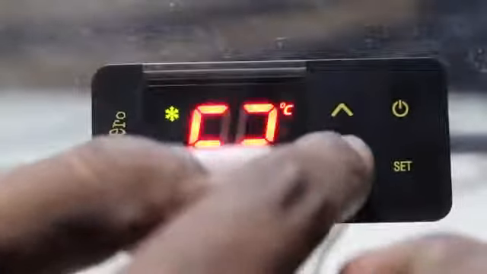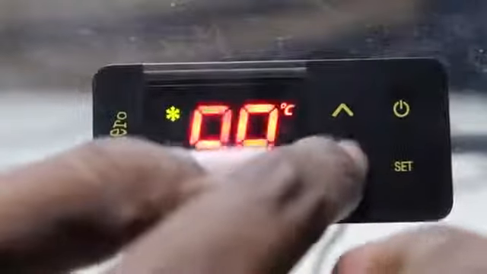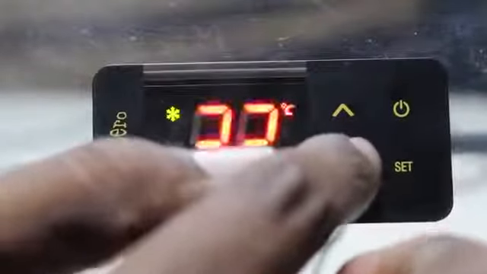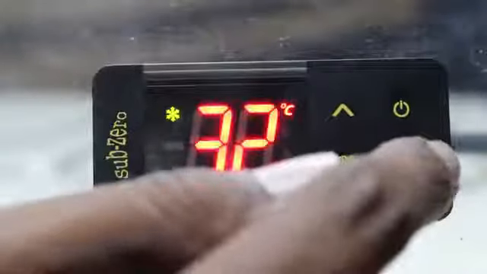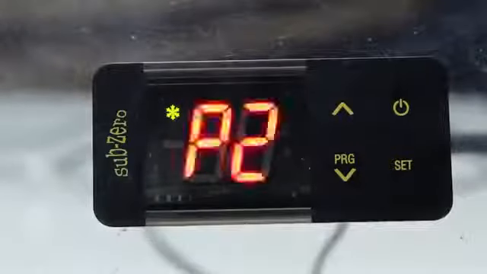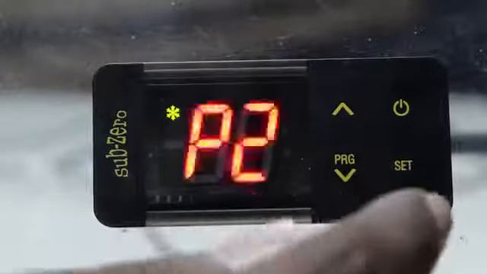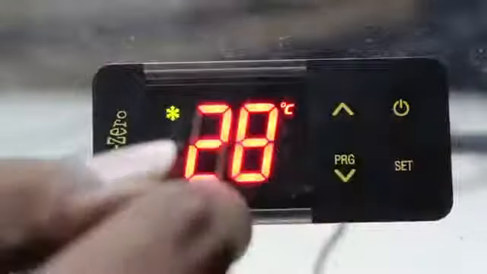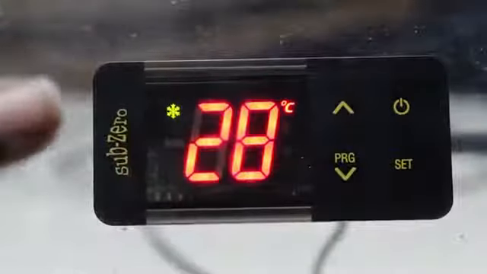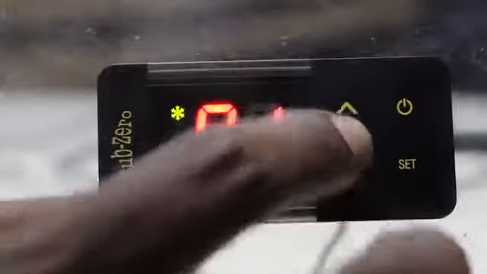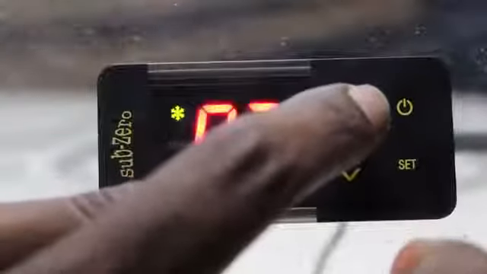Whenever we set this to 32 degrees Celsius, and our temperature sensor senses a temperature beyond 32 degrees Celsius, it will show you the high temperature HT fault.